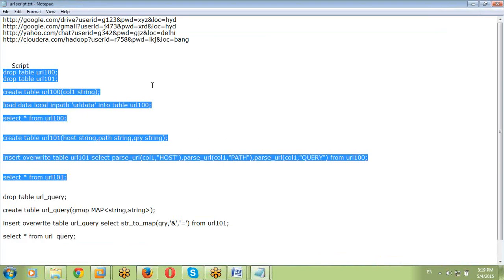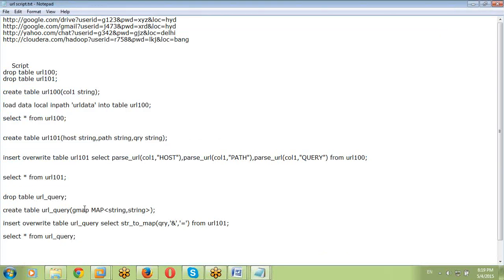How do we convert this messy data into JSON format? Create another table. Take the table name and take the data type as a map data type. As of now, we have been creating tables with primitive data types and complex data types only. Map is a complex data type. We store the data in it, and after that, by using a delimiter, we convert it into structured format.